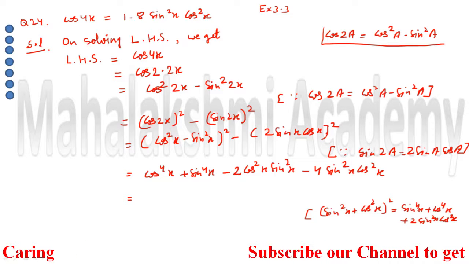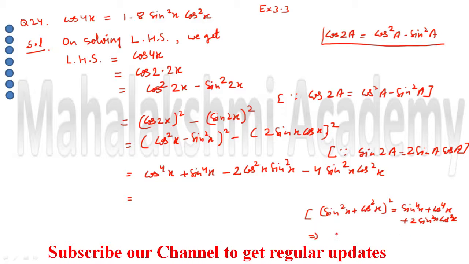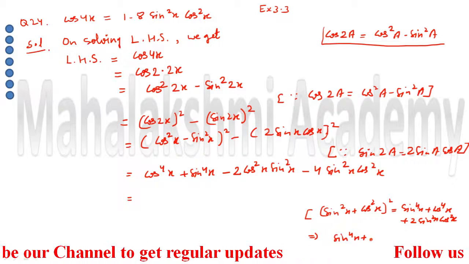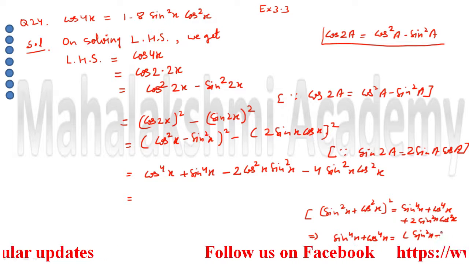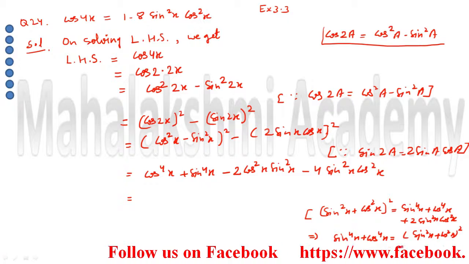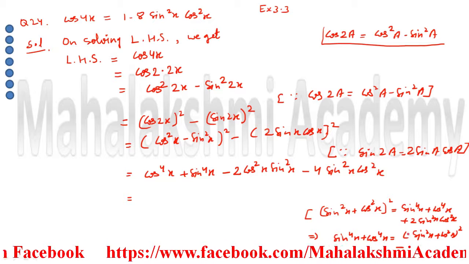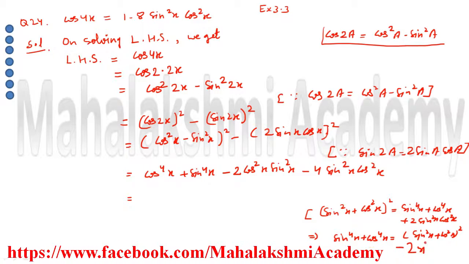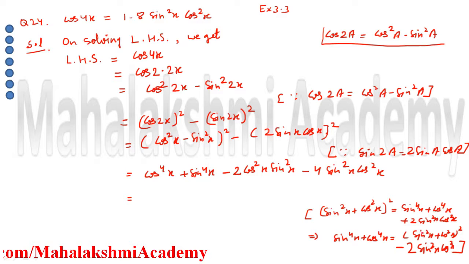Now from here if I want only sin 4x and cos 4x, then this 2 sin square x cos square x we have to shift. So that will give us the formula sin 4x plus cos 4x is equal to bracket sin square x plus cos square x whole square, then this plus 2 sin square x and cos square x shifts to the right hand side, and the plus sign will change to the minus sign. So we will get minus 2 sin square x and then cos square x. So students, this replacement we are going to do. This cos 4x plus sin 4x we are going to replace by these two terms. I hope it's clear to you.